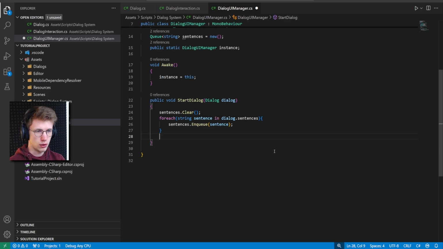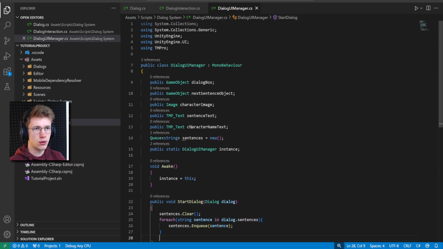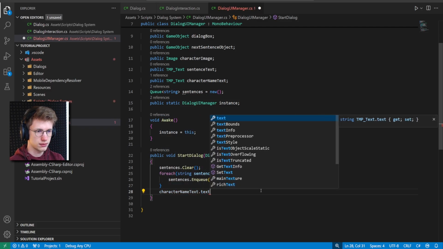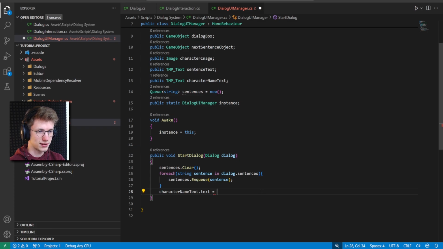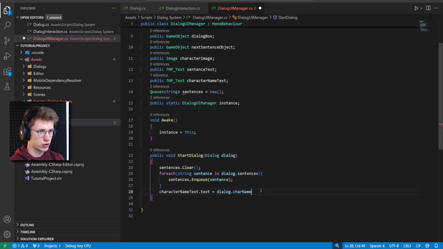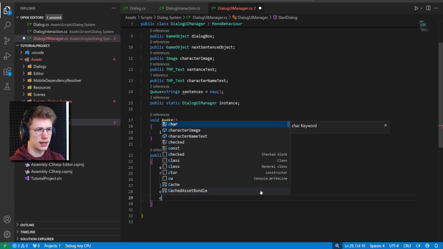And now we only actually need to assign all of our different stuff to the dialog specific stuff. So we need to grab our character name text, and we need to assign that. We actually need to make sure to access the text in that text object. It's a little bit confusing. To our dialog.char name. And we need to assign our, what did I call it? Character image